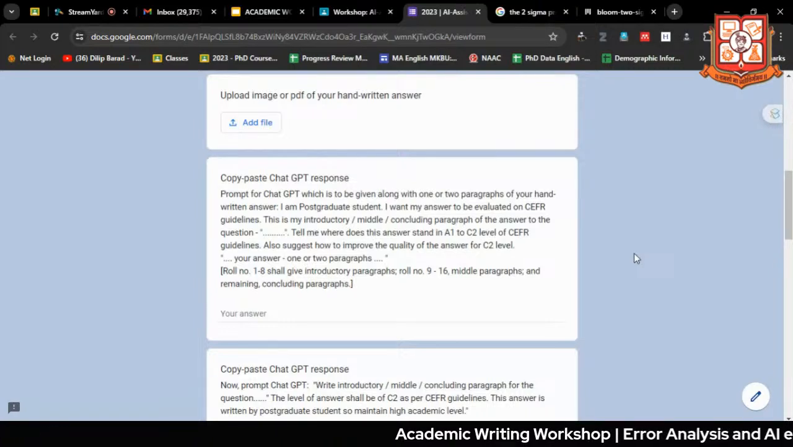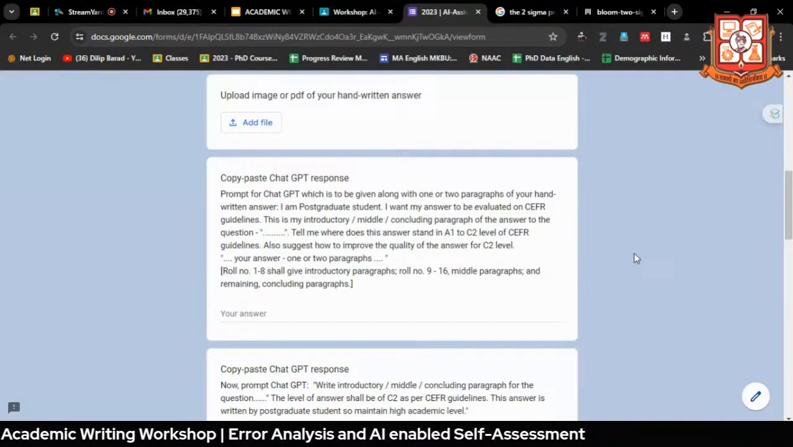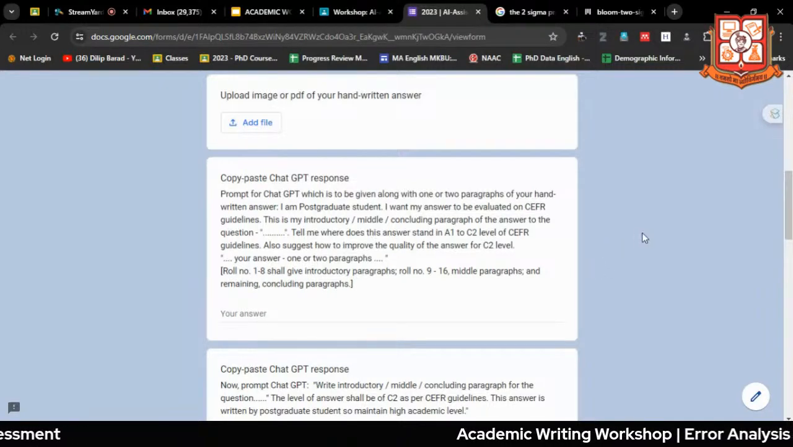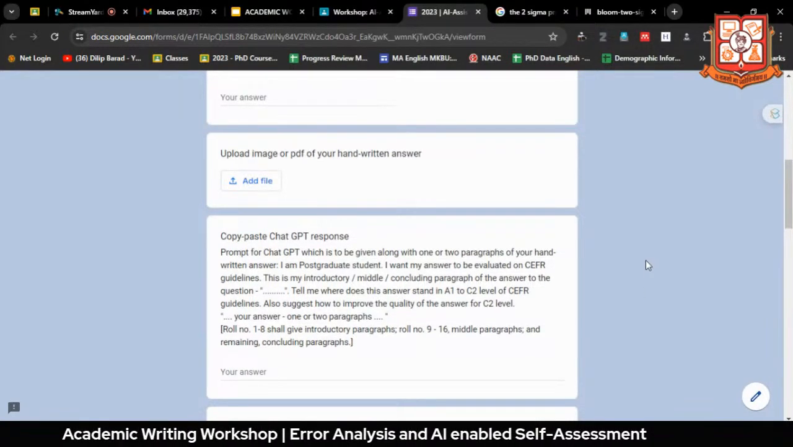Students 9 to 16 will work on middle paragraphs. Pick up 2 paragraphs from the middle part, and the remaining students will work on concluding paragraphs. If you quickly complete your first part, you can move to the middle and the third part also. Whichever paragraph you are working on, you have to take a photograph of that and upload here that